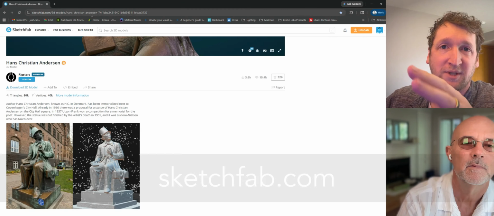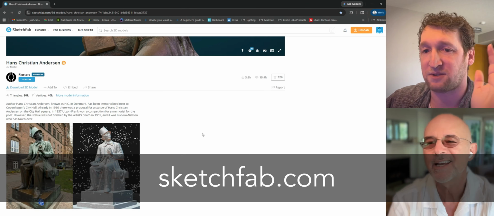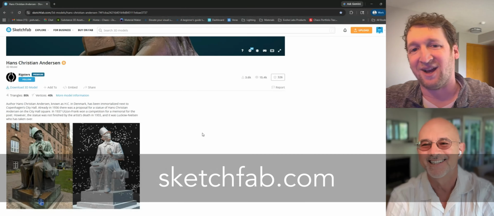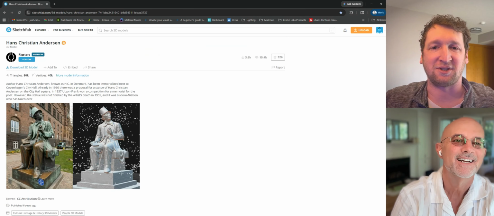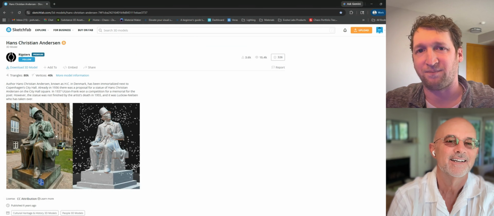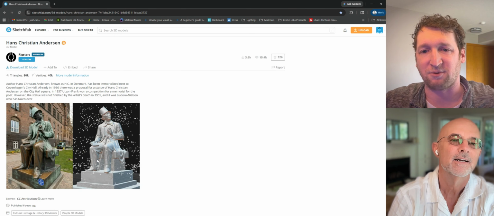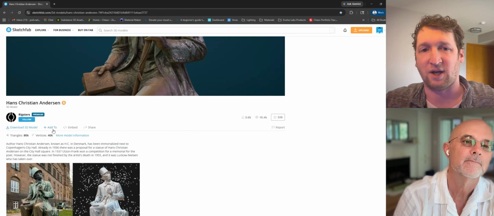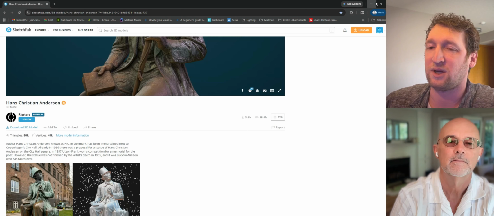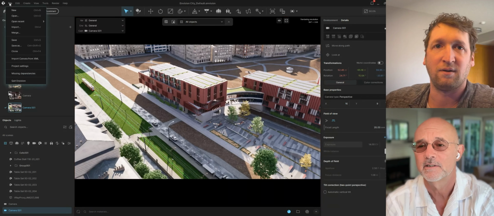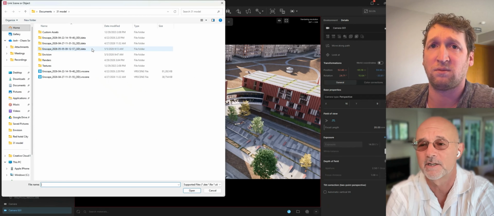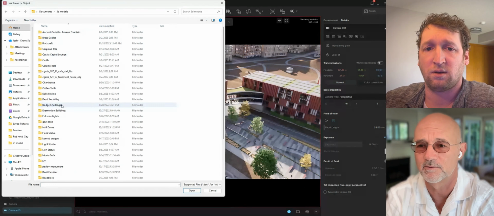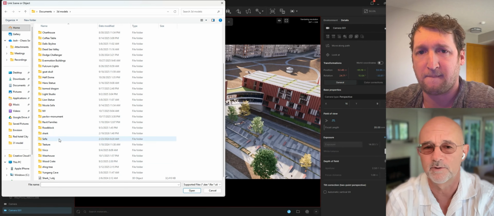What is this from? This is a website called Sketchfab. I really like it. I always like to show this example. This is a fun one. You can see they walked around and took photos of this statue, and then I just download the 3D model. They've got free content there. You can buy stuff on Sketchfab too. It's not crazy expensive, and some of it's beautifully detailed.